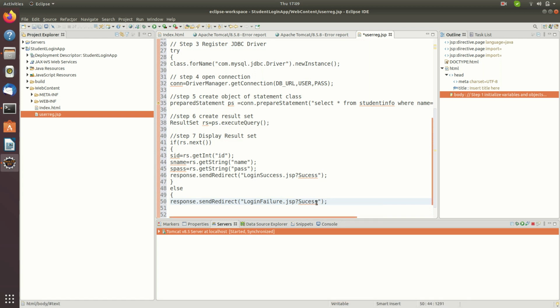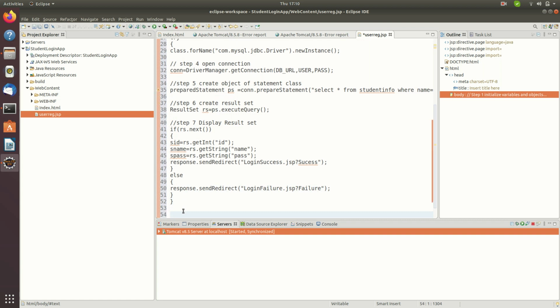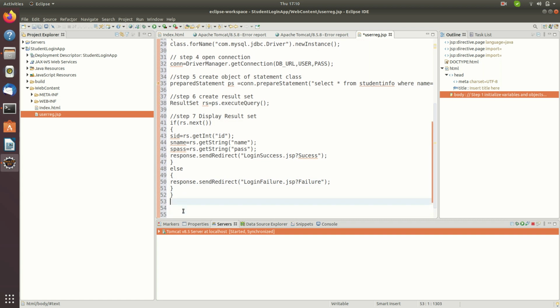Now here we want to redirect to the success page or failure page depending on the result set values. So we have to create the two JSP files, login success.jsp and login failure.jsp, and my response object will generate a response on the request, and it will redirect us to the login success or login failure JSP page.